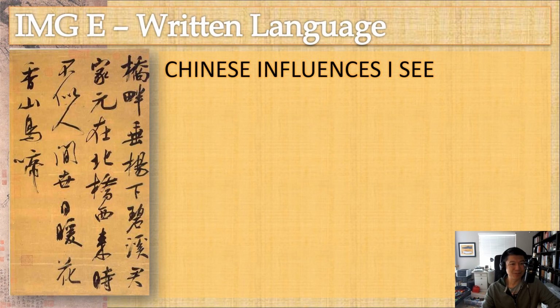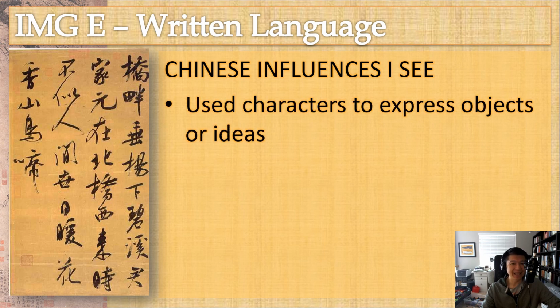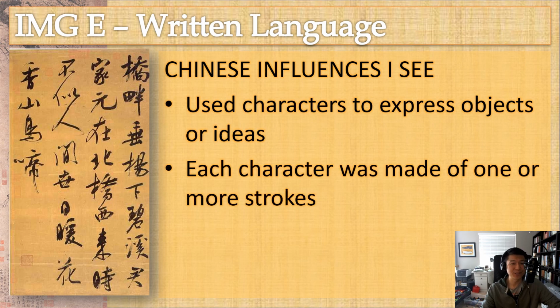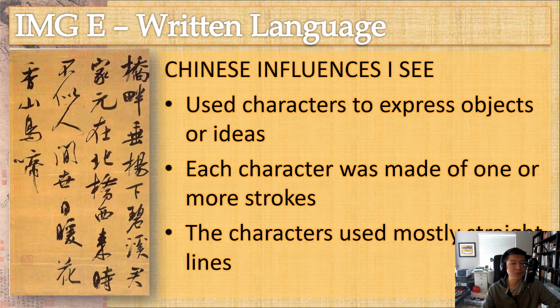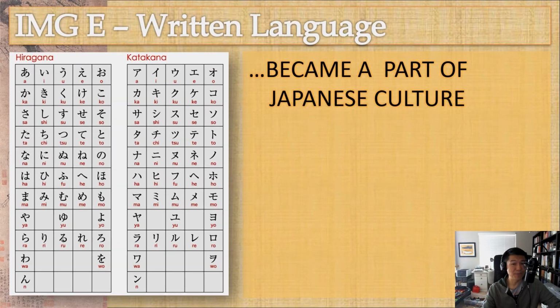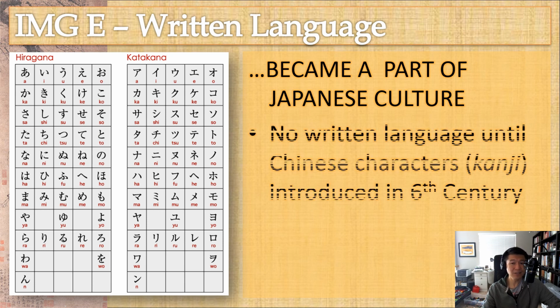Image E would be the Chinese written language, the usage of characters to express ideas, oftentimes made of more than a single stroke. In doing so, these characters would be created by both straight and curved lines. Each one of these is a pictogram, and each will represent a particular word. There is quite a difference, even though you have a similar written language. How it's implemented would be quite different than in Chinese.